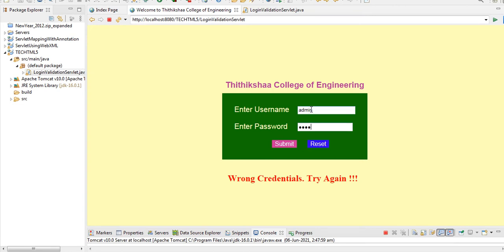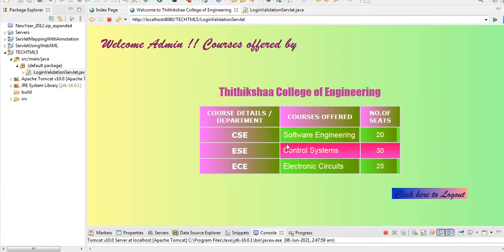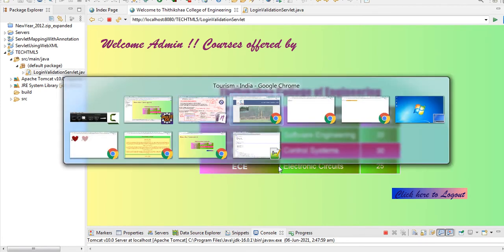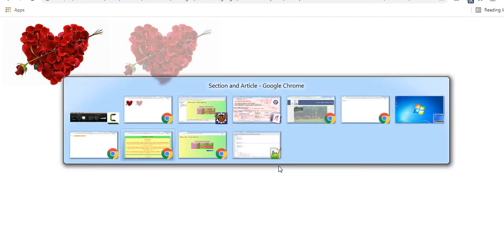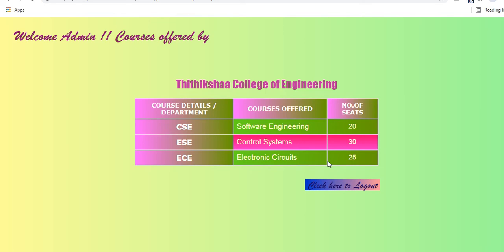See, it's showing the output. Here, this is not correctly aligned, right? But if you go to your browser, this is the page you will actually see in the browser. Since I am using an IDE, I don't want to take it outside of the IDE. I am using an internal web browser. See here, it is not showing that green color, right? This is the way you will see the output in your browser.